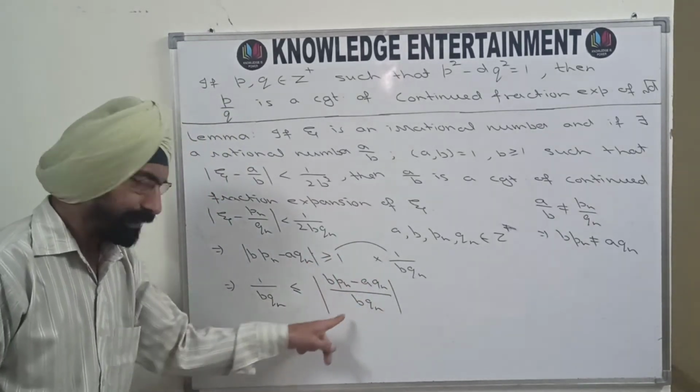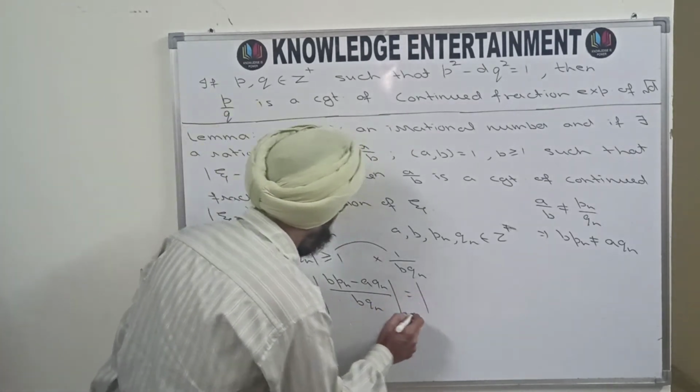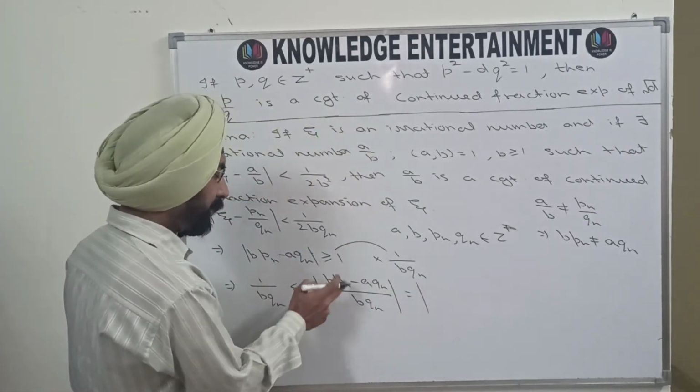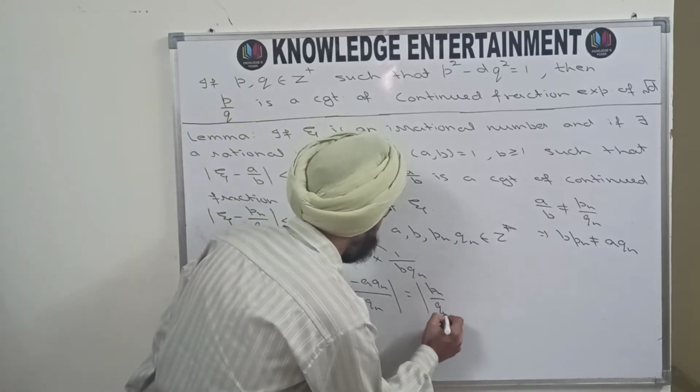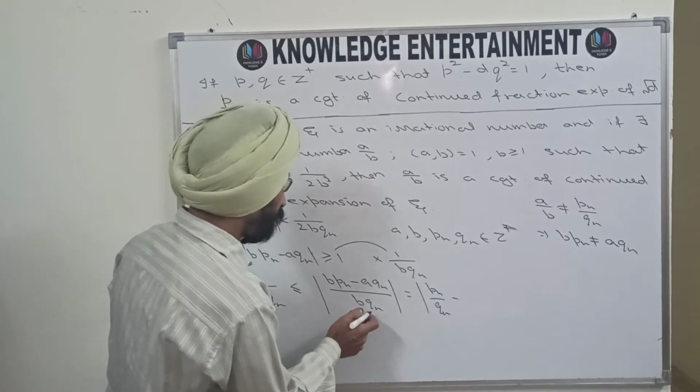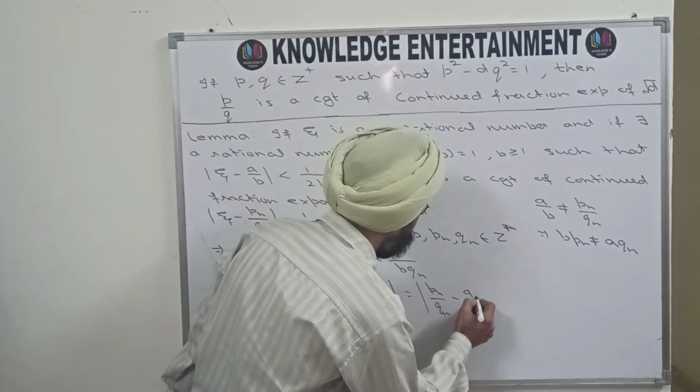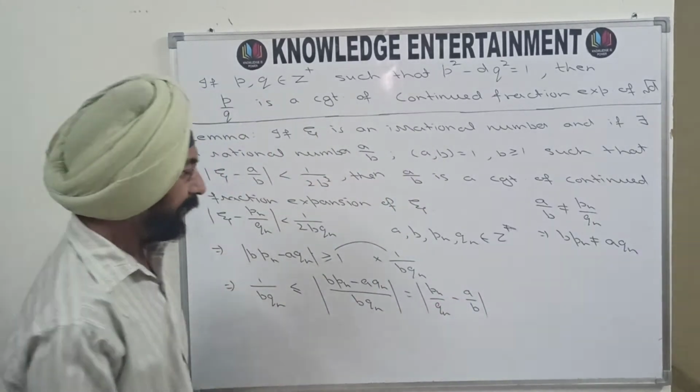Now separate these two. When you take b pn upon b q1, b will be cancelled, you will get pn upon q1 minus, similarly here you will get a upon b,